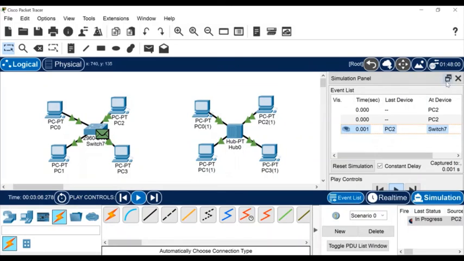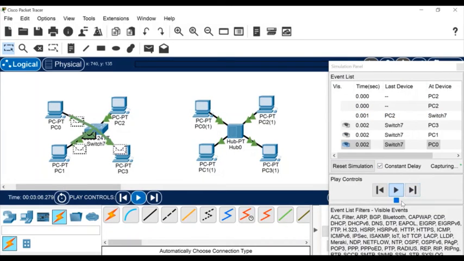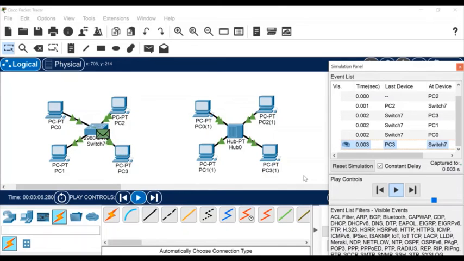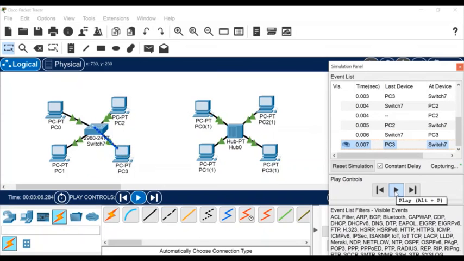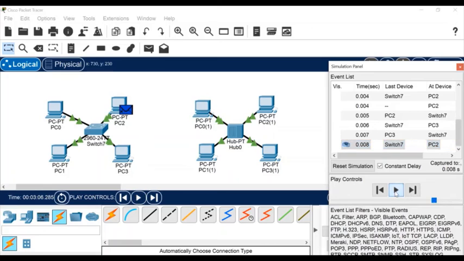You can see now it's been broadcasted, and then it will update its MAC table, and then the ICMP packets will be sent. So it is finishing in 0.08 seconds, and only one time it's been broadcasting.